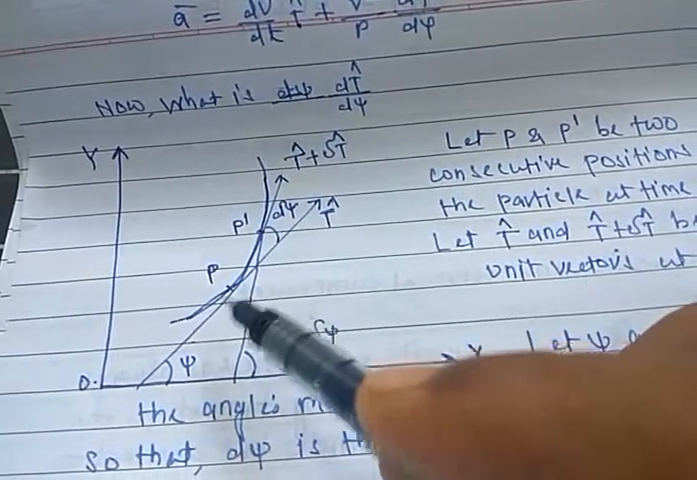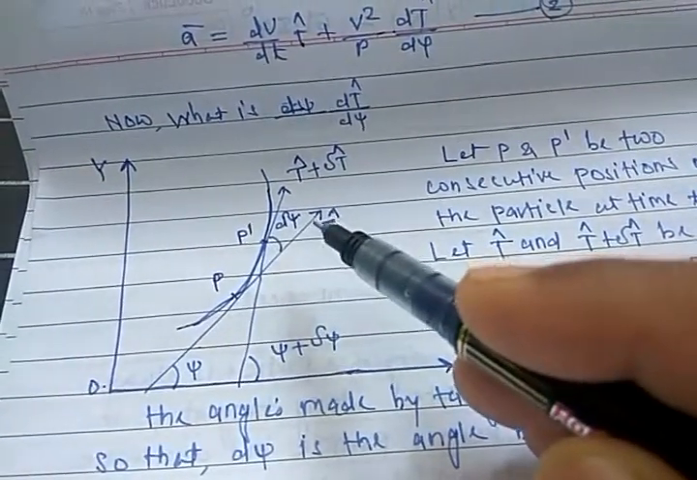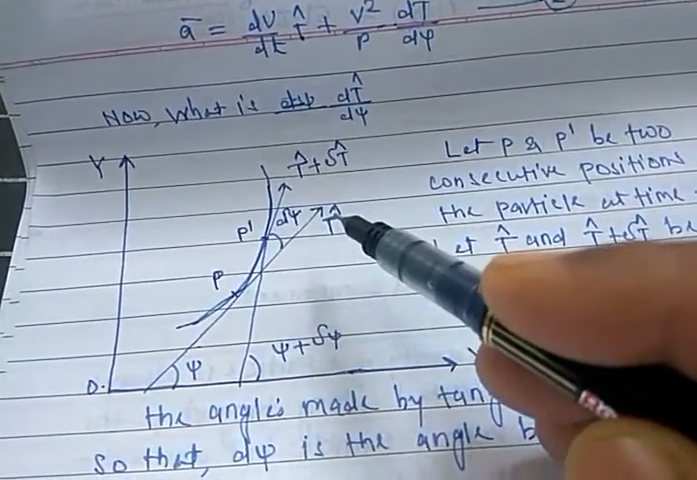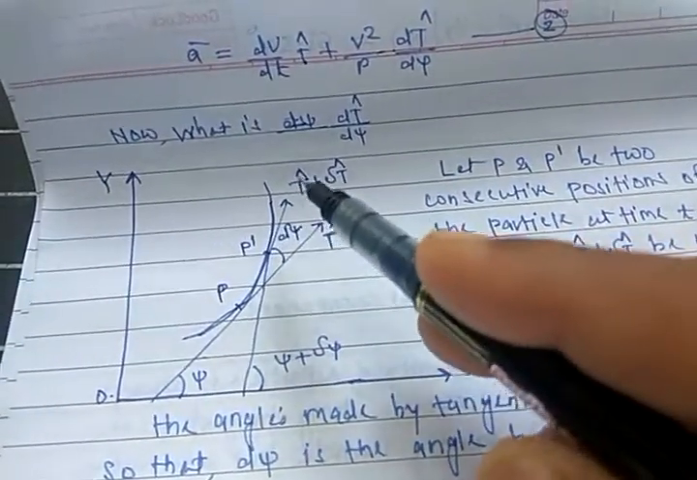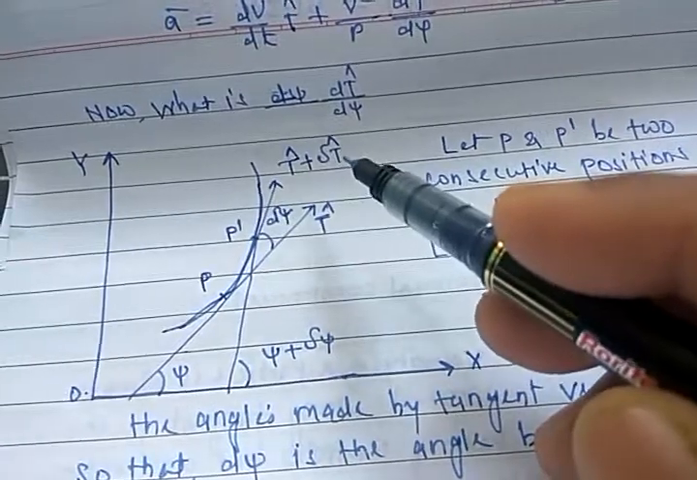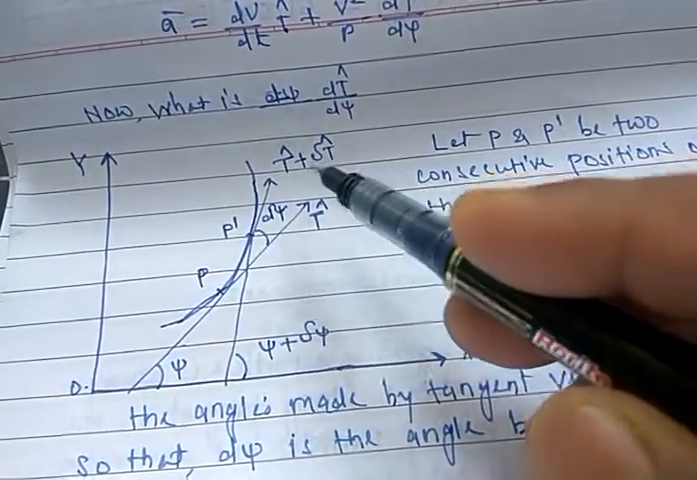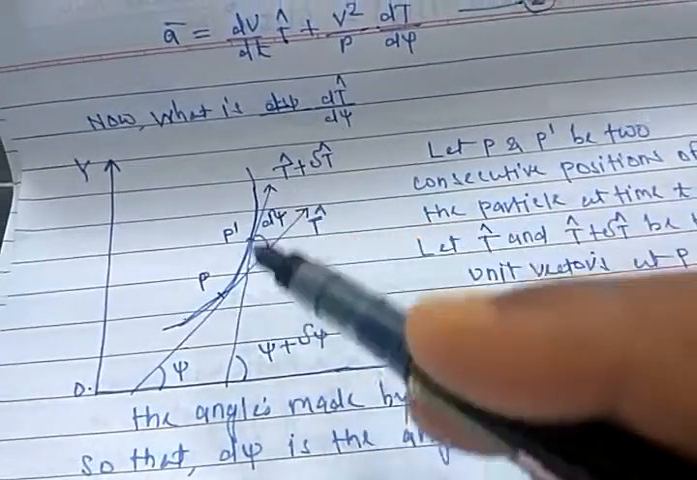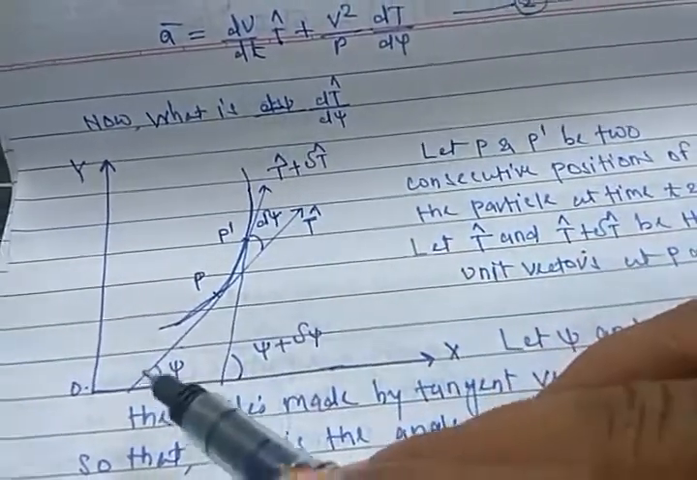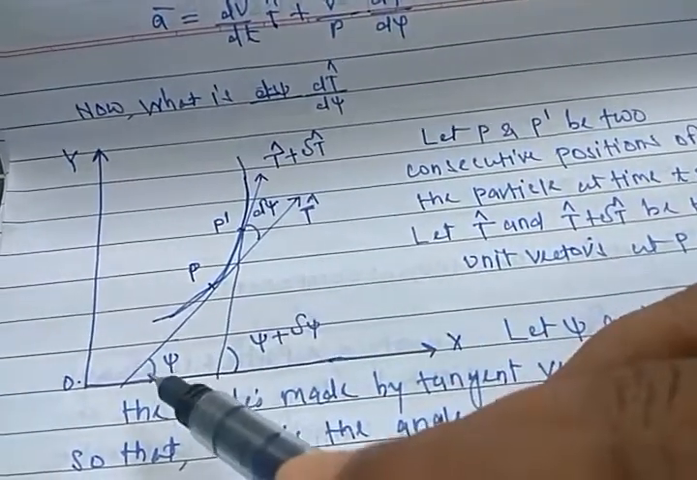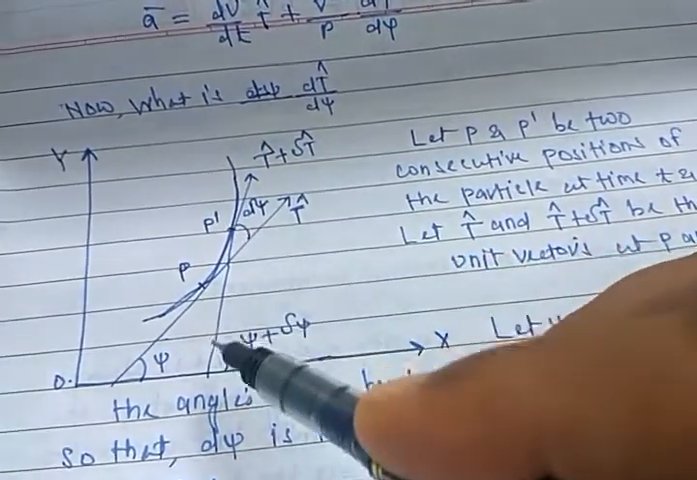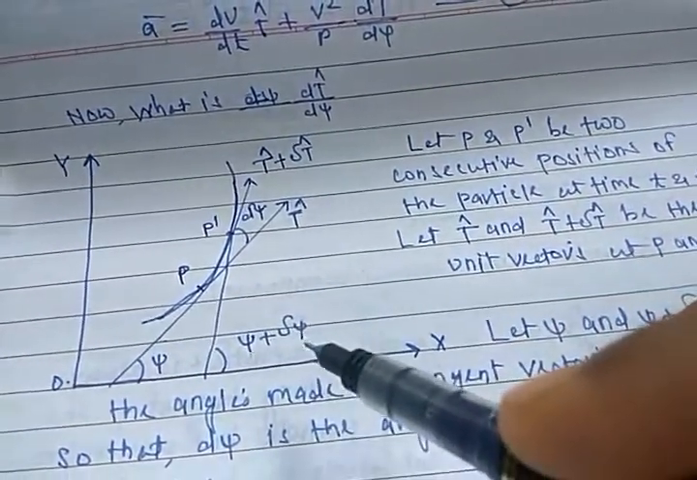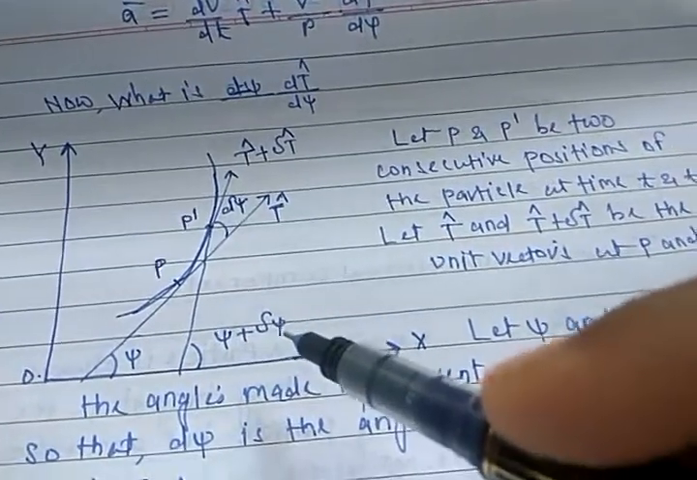Okay, at point P, this is the tangent. So T cap is the unit vector along that. At P dash, this is the tangent. T cap plus delta T cap is the unit vector along this direction. And this tangent at P makes an angle psi with the x-axis, and the tangent at P dash makes an angle psi plus delta psi